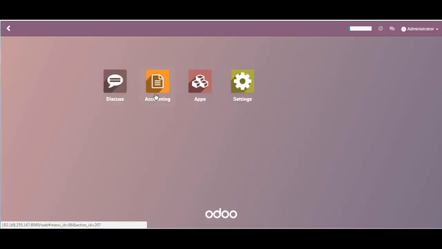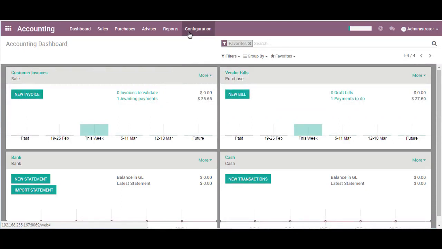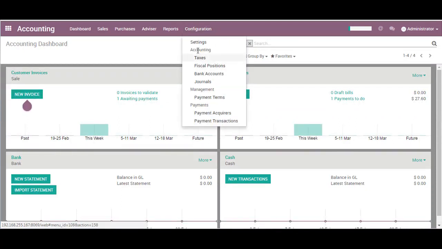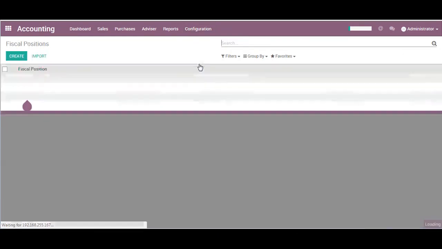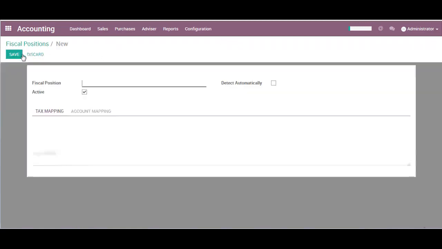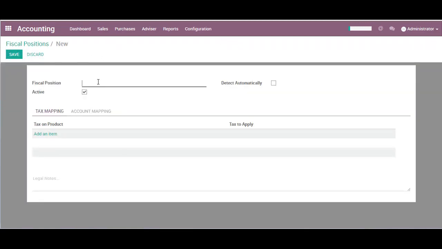As for the taxes, the fiscal position can be defined and configured in the configuration here. Under the taxes, you have fiscal positions. You can see that at the moment I don't have any fiscal position existing, but I'm going to create the first fiscal position I want to use. I will create a fiscal position that will apply specific taxes to my customers in Canada, in a situation where I'm an American supplier for that customer. So here